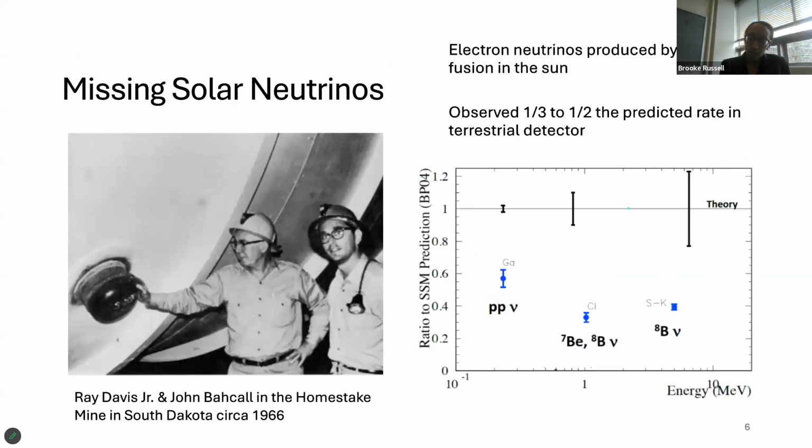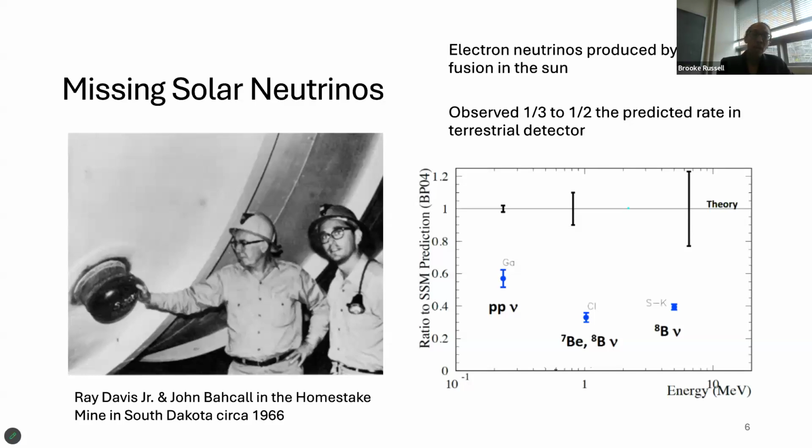This story and this endeavor in neutrino oscillation physics actually originated with observation of solar neutrinos back in the early 60s. Back then, we knew that neutrinos are a product of fusion, which powers the sun. And by measuring electron neutrinos emitted from the sun, we could further understand our solar models. So Ray Davis was an experimentalist who carried out a decades-long experiment, carefully measuring electron neutrinos emitted from the fusion